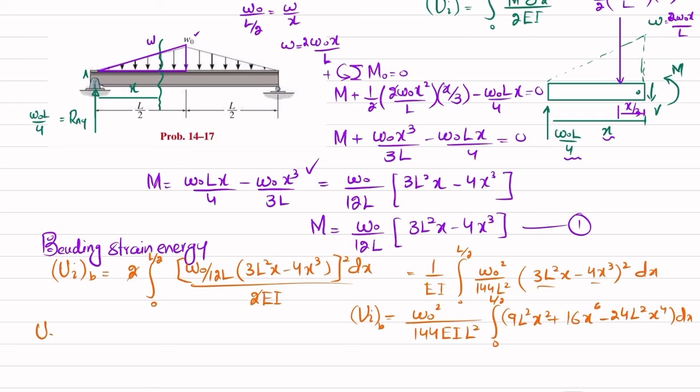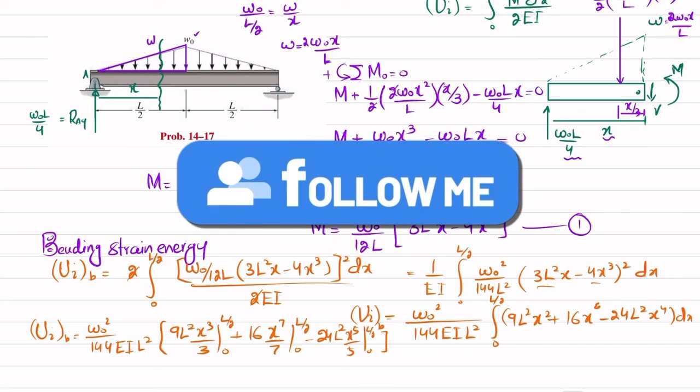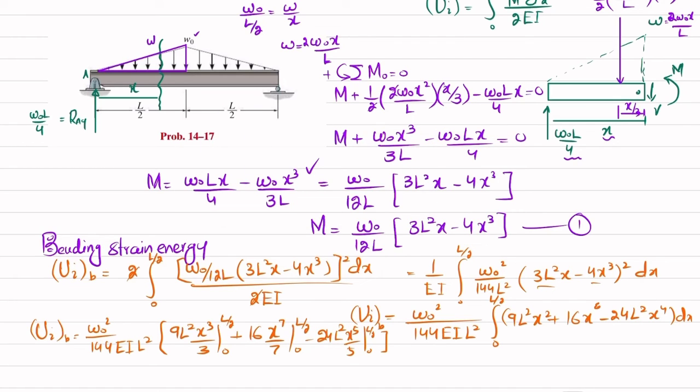will give you U_i due to bending. Okay, so U_i due to bending will become equal to W naught square over 144 EI L square, and the first term integral will give you 9L square x cube over 3 with limit from 0 to L by 2, plus 16 x to the power 7 divided by 7 with limit from 0 to L by 2, and minus 24 L square x to the 5 divided by 5 with limit from 0 to L by 2. Okay, now if you further simplify it and put x as L by 2 in each portion, let me put it also W naught square over 144 EI into 3L square, and it will be L cube over 8